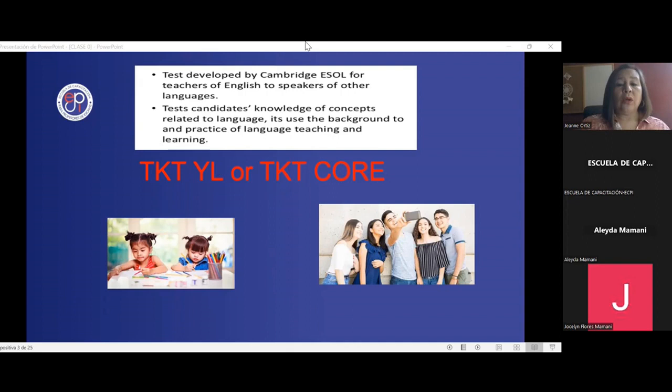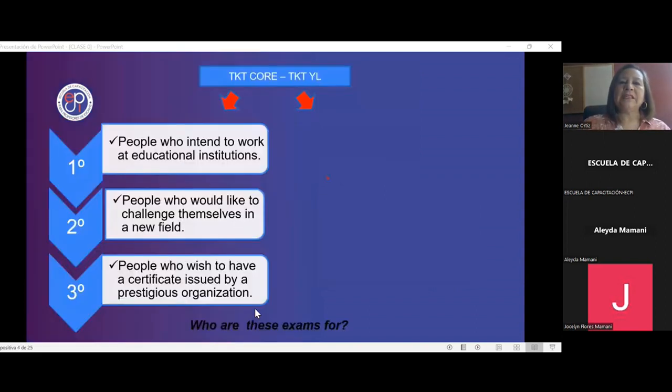What is the difference, right? Some of you say, but what is the difference? Let's see here. TKT CORE is for people who intend to work at educational institutions. So with the TKT CORE, you are able to teach any level, including adults, right? Because what you are going to work is kind of a general idea of what is methodology. Since concepts, lesson planning, use of resources, how to choose materials, and a lot of things that you need in